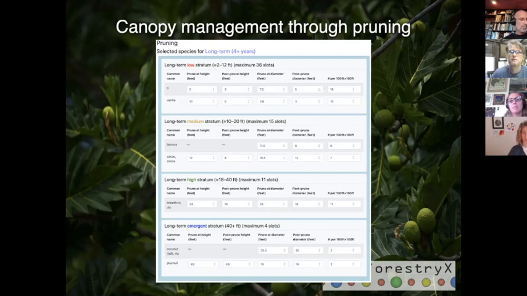Okay, so at this point, I'd like to turn it over to Neil, who's going to do a live demonstration of the tool so you can see how this actually works. And as I said before, I've been working with Neil for many, many years. He's probably one of the most dedicated people in agroforestry I've ever met. He's devoted his life, along with Sophia, to agroforestry. So take it away, Neil.